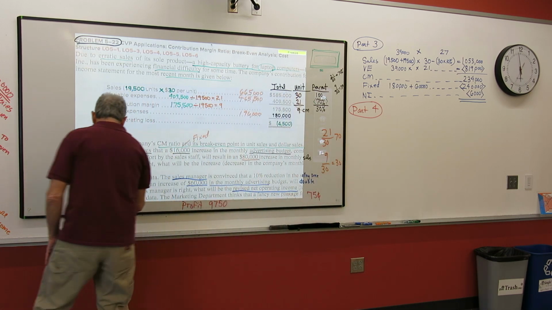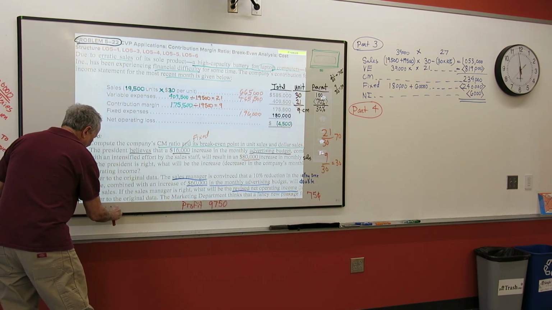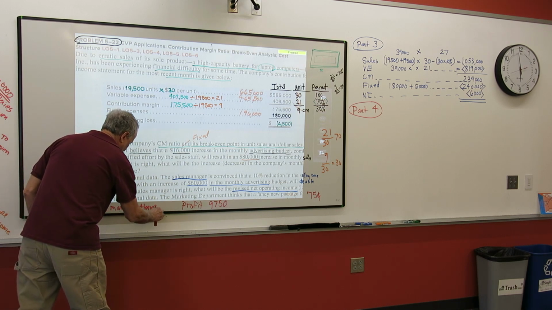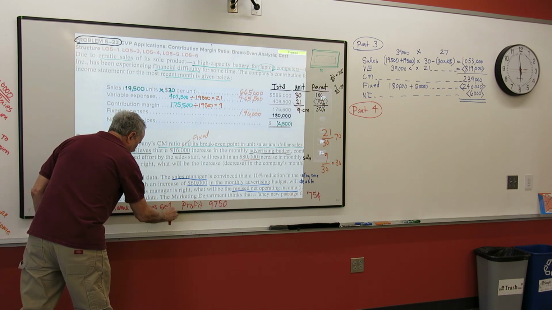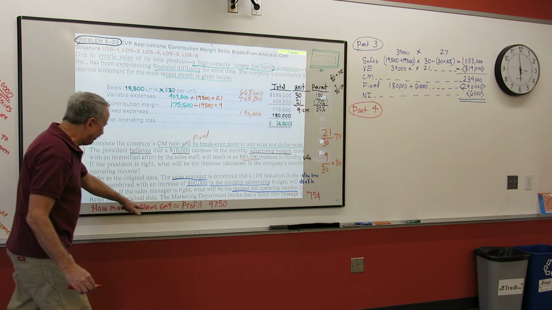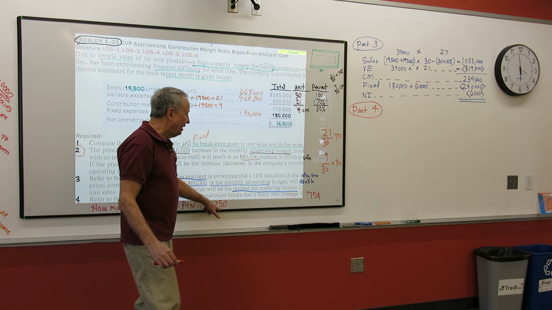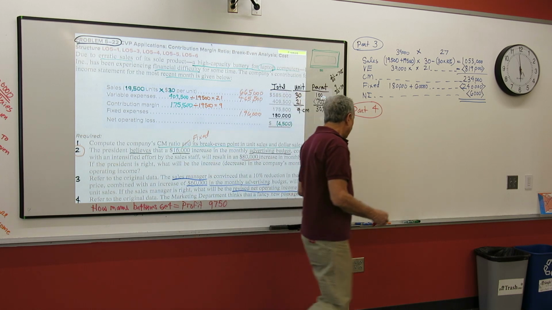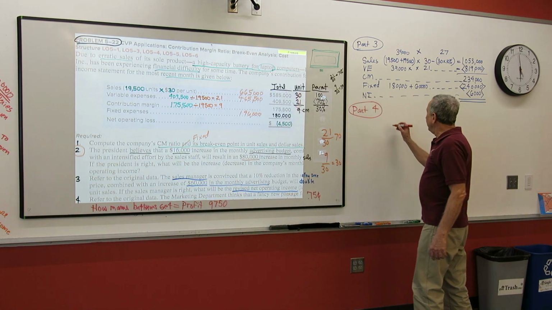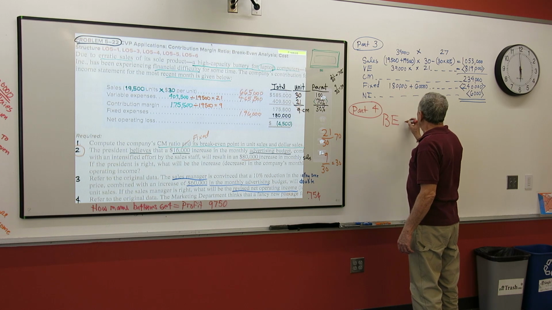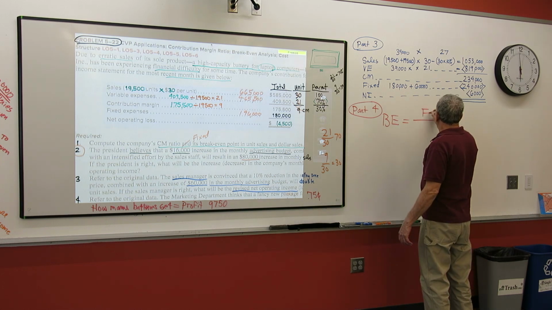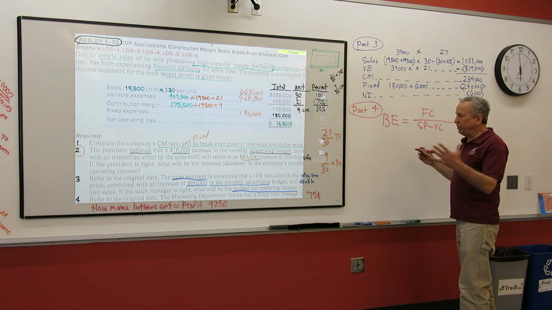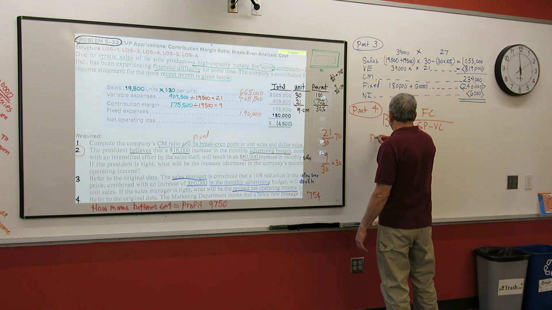So again, in 4 the question is, how many batteries do you have to sell to get a profit of $9,750? And remember, again, you're going to increase your cost 75 cents. Well, you can go back and use the break-even formula for this. Do you remember break-even is equal to, again, fixed costs divided by the selling price minus the variable cost. All you have to do is change this formula ever so slightly and say, if you want a desired profit,